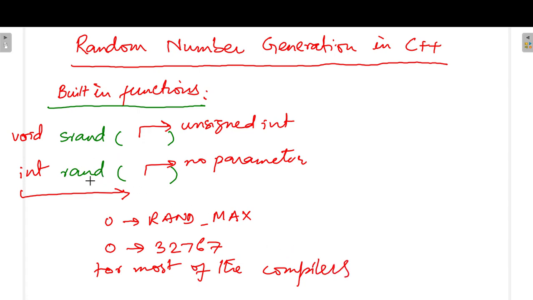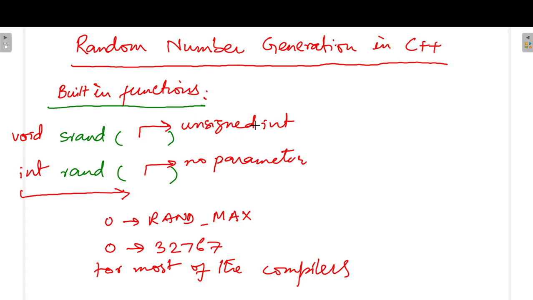So this function rand will generate a random number in the range 0 to 32767 for most of the compilers. It will not require any parameters. This srand will accept an unsigned integer as a parameter, and it will not return any value.